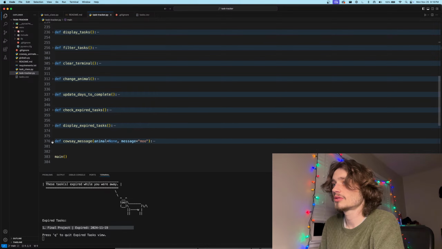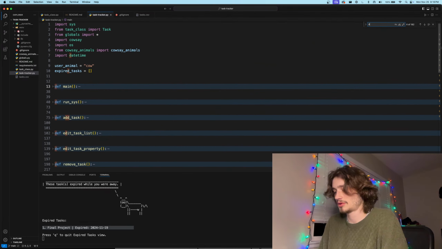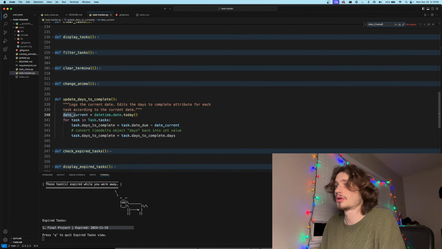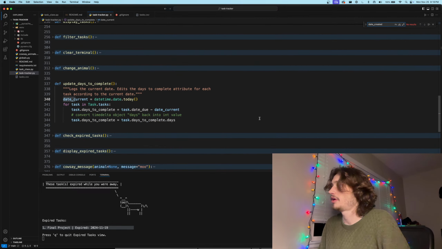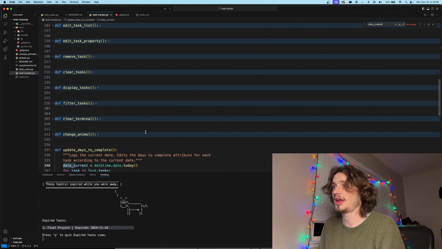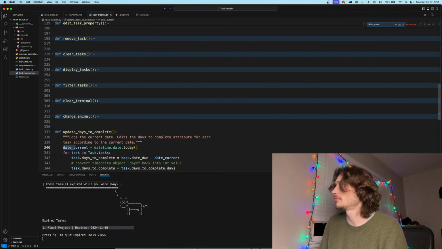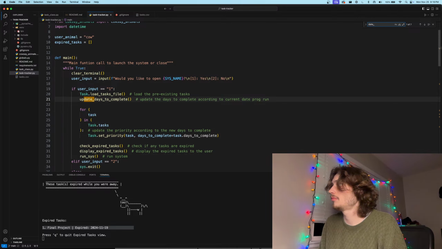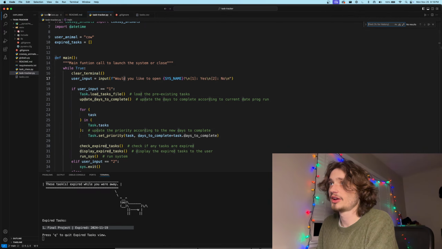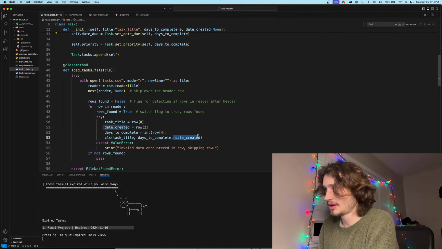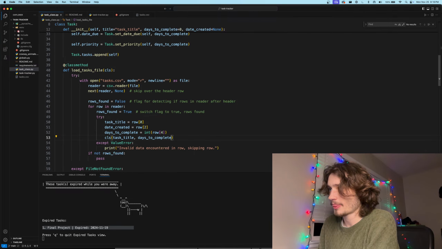Will it show me if I close all these? Yeah, so I'm not accessing my date created anywhere in this. So I don't need to have my date created being a pivotal factor for creating a new instance of a class. So I'm actually going to